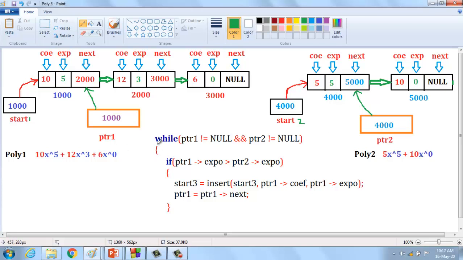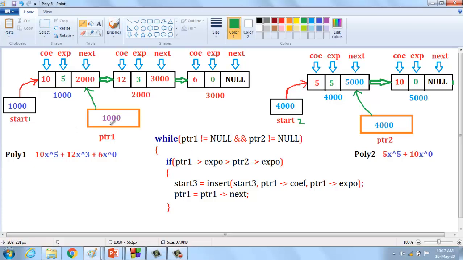While ptr1 is not equal to null and ptr2 is not equal to null, otherwise it should come out of the while loop.